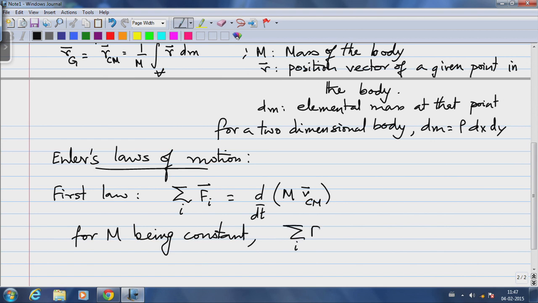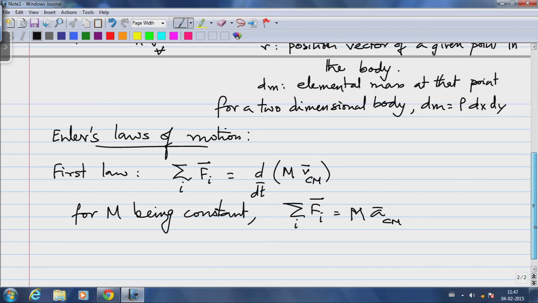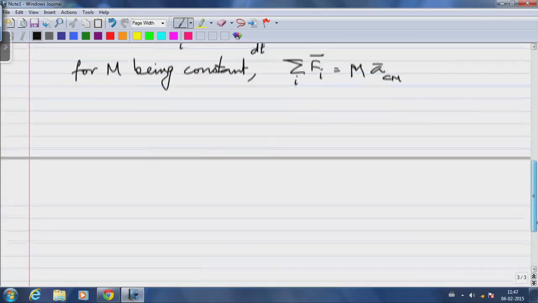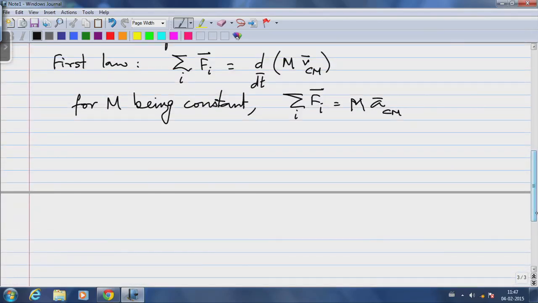Summation over all the forces, vector sum, is the mass times the acceleration of the center of mass. So, this is a direct extension of Newton's laws to rigid bodies. Now, from our earlier discussion of kinematics, we know that rigid bodies are also able to rotate, not just